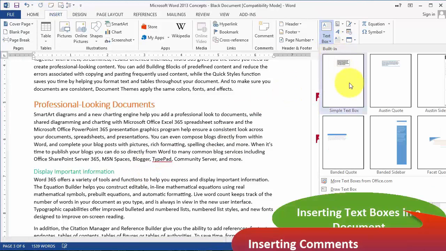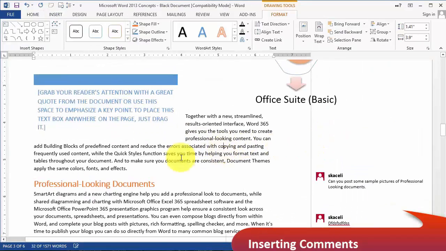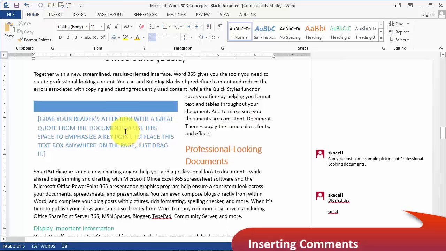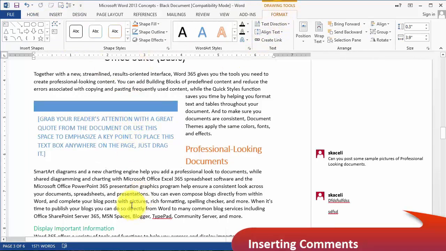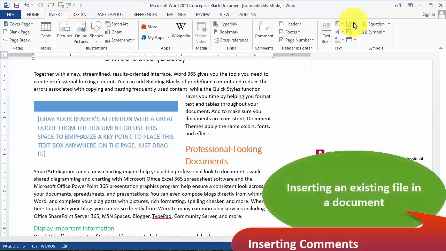So at any point in time, you can simply choose to insert a text box and then type something else in there. You can format the text box to be however you like it. Notice you have the formatting tools for it. The other thing under the Insert tab, what you can insert is signature, but you can also insert a file